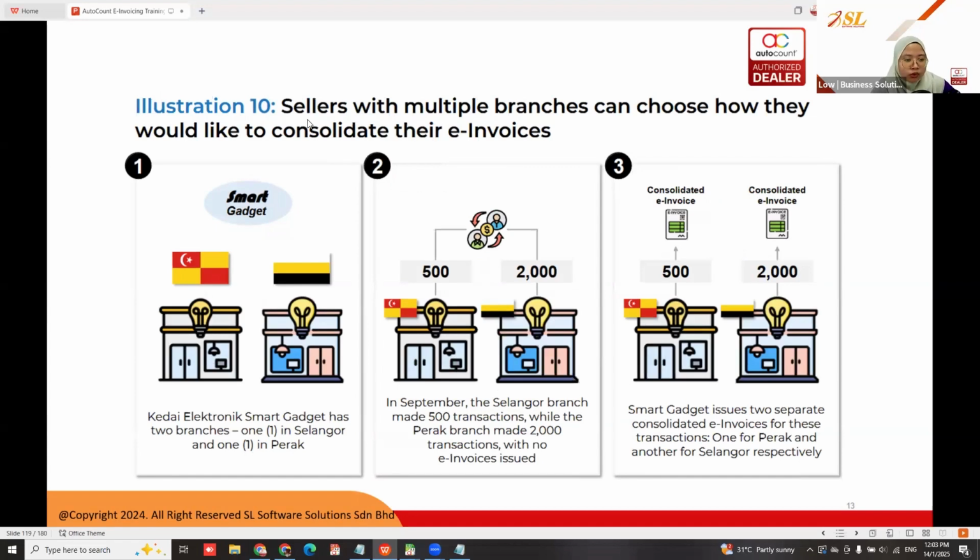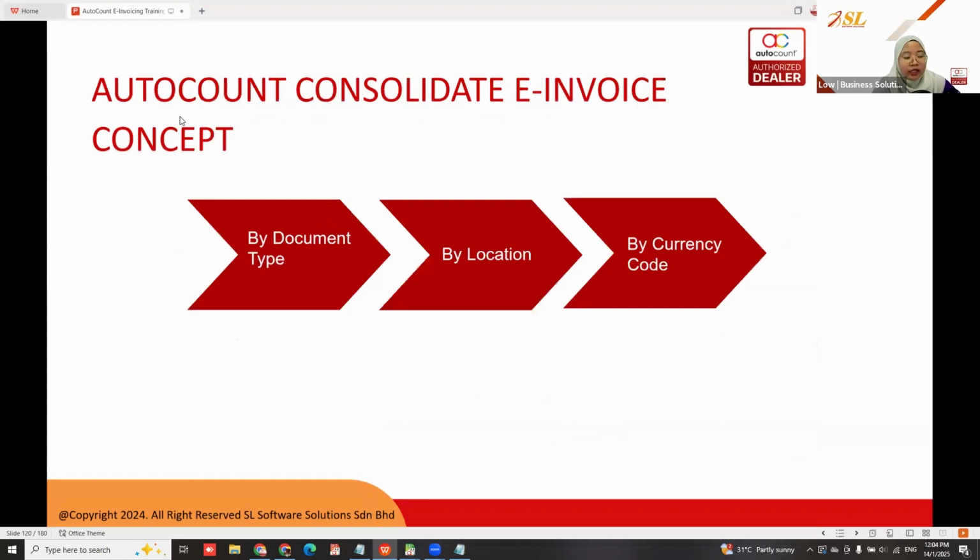So the same goes for sellers with multiple branches. Okay. If the electronics smart gadget shop has 2 branches, which are at Ipoh and Selangor, okay, so each branch must have one consolidated e-invoice. So one from Selangor and one from Ipoh. Okay, and then that means 2 consolidated e-invoices. Okay, so in our AutoCount consolidated e-invoice concept, you can categorize it by document type, by location, and by currency